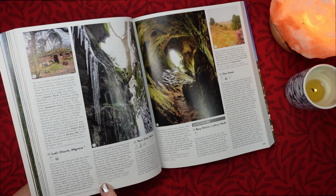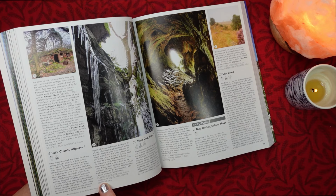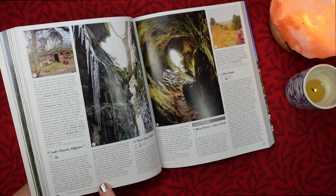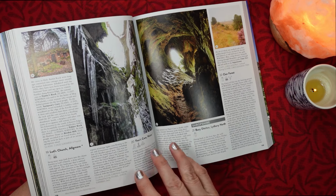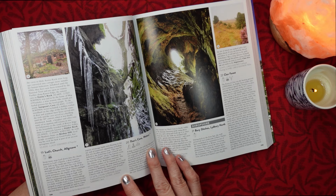Direct sunlight rarely penetrates the depths of this chasm, where verdant mosses cling to high walls that are peppered with little caverns and crevices. With such dramatic surroundings, it is little wonder Lud's Church has become steeped in myth and folklore. Fairies living in caverns below ground are said to come out and dance at dawn. There have been reports of strange lights seen floating in the air, and of numerous apparitions